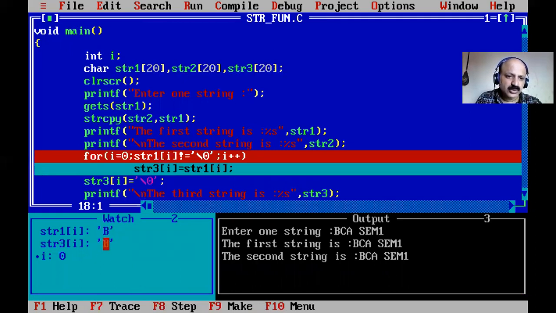So that is a copy. In this way the two strings are printed. Our scanned strings 1 and 2 are printed, but the third string is not printed yet because we have to do the copy. So str1 of I is B, the index starts with 0, so I is 0, and that letter is copied into str3 at index 0. So it copies character by character. I press F7 again, and that is C. B is copied from one string to the third string, and then it is C's turn. C is index 1, because the index starts with 0.